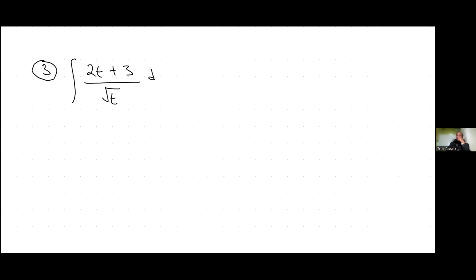T. Okay, so step 1, the first thing we do is that we have to separate this. So it's going to be the integral of 2t over square root of t plus the integral of 3 divided by square root of what? T. All right. Then step 2,